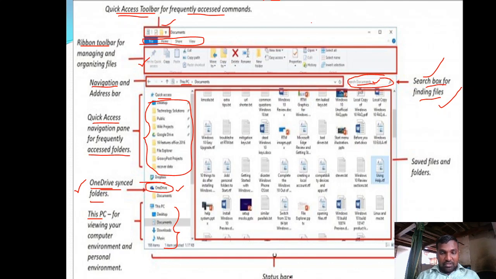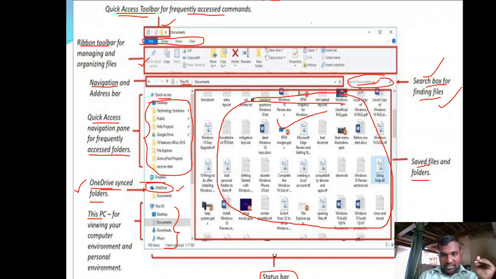Below the entire window there is an option called status bar where we can view different statuses of files and folders, where you can view the size of a particular file and the location, path and status of those files and folders, etc. Okay, and next is the main work area. These are all the files and folders which are created by the user. So the user created files and folders are displayed here. Okay, are you getting the point?